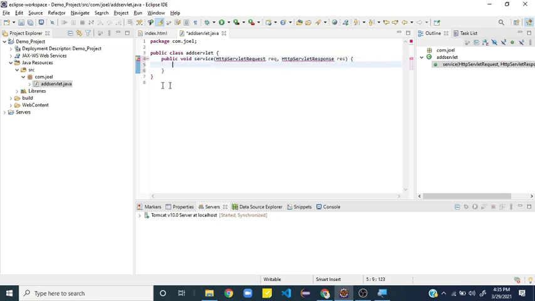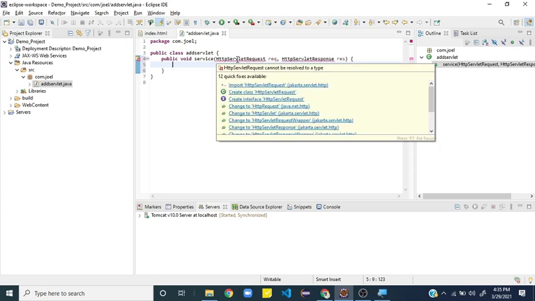Now remember, you can see an info symbol. If you see any such symbol, that means that's a warning. So it says what it is: multiple markers at this line. HttpServletResponse cannot be resolved to a type. It cannot be resolved to a type. Now once you keep your cursor over here, it comes with some quick fixes on how to fix this error.